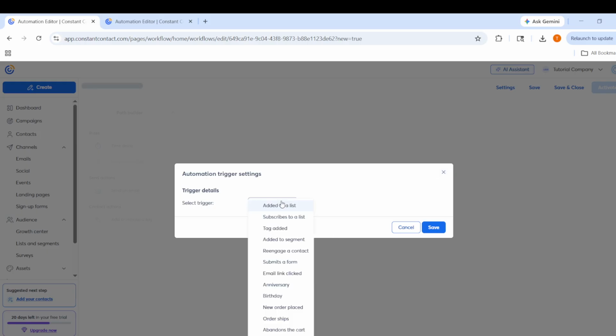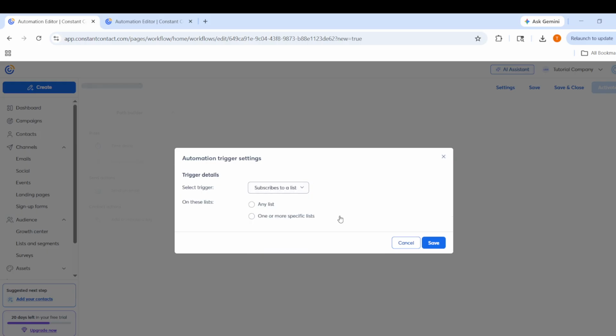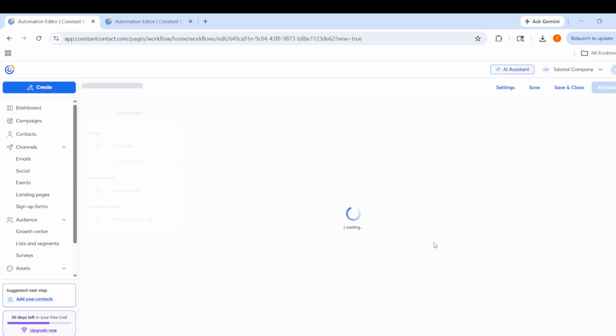Now select a trigger. The trigger is what starts the automation. In other words, it is the event that tells Constant Contact when a contact should enter this email sequence. Choosing the correct trigger is important because it determines who receives the automation and at what point they begin moving